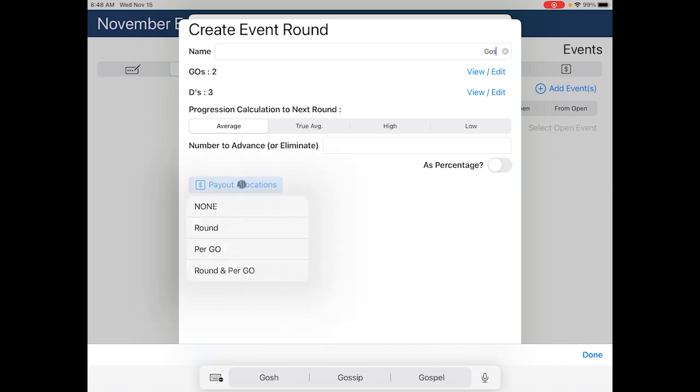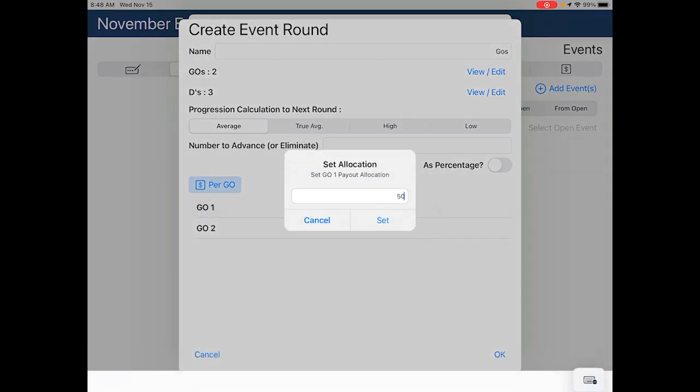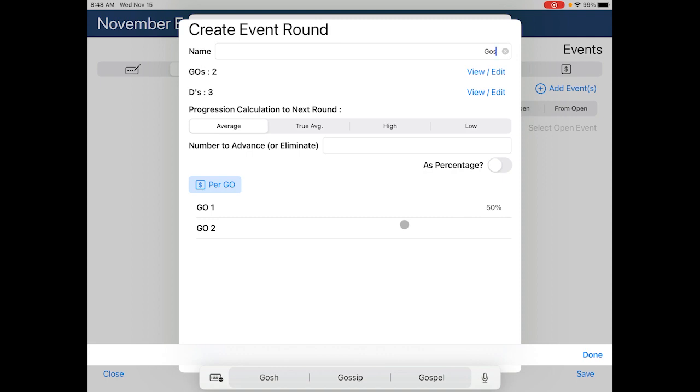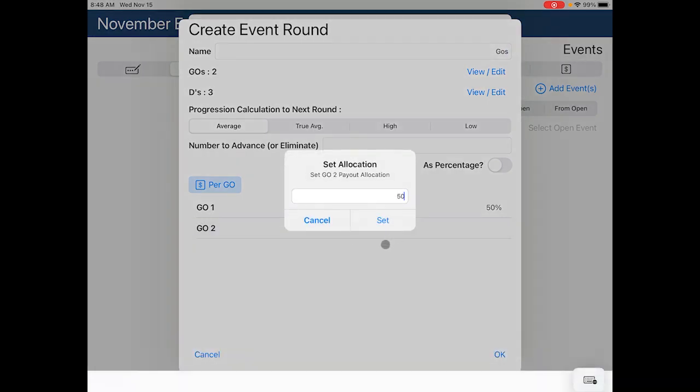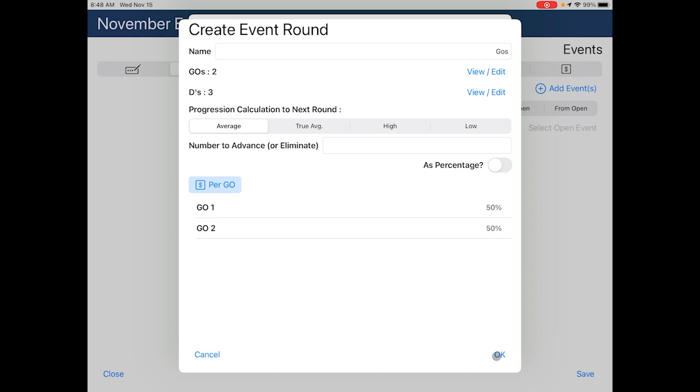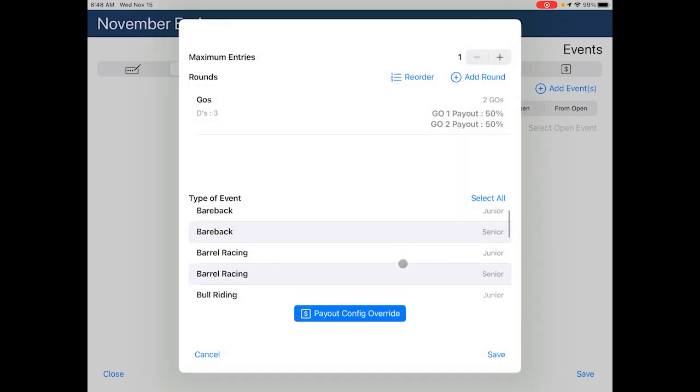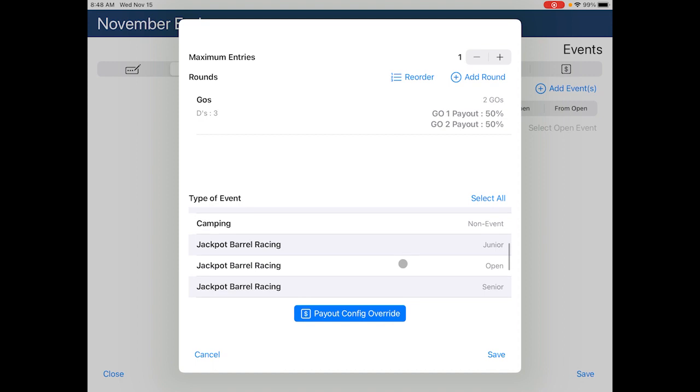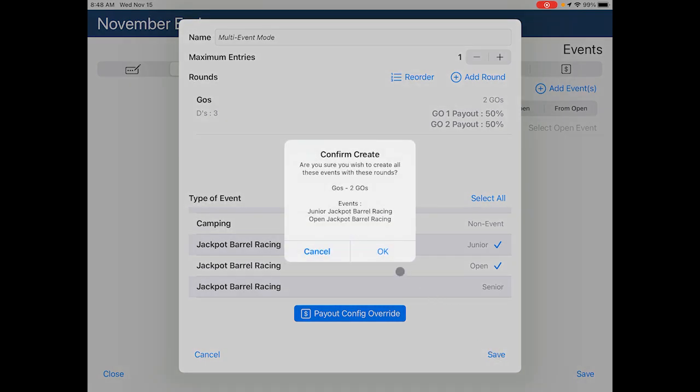Now we will tap payout allocations, and because this is a per go rodeo with no average, we will tap per go. We are allocating 50% of the purse to Go 1 and 50% of the purse to Go 2, and now we have our goes and our Ds configured. We will tap on OK, and then we will select the events to which this will apply, and we are setting this for junior and for open, and we'll tap save, and we will confirm that this is